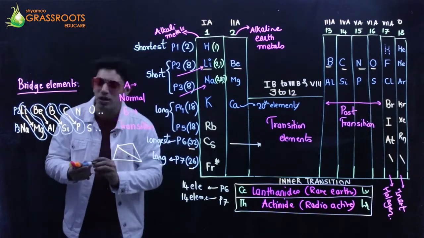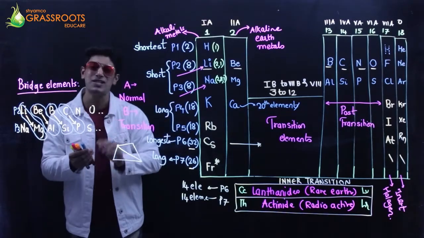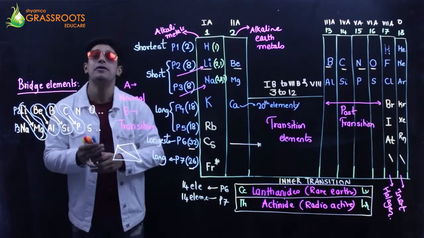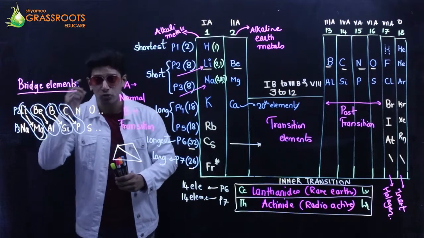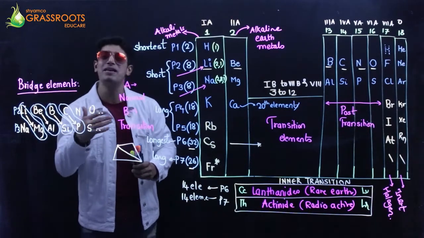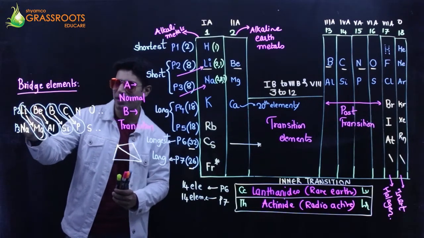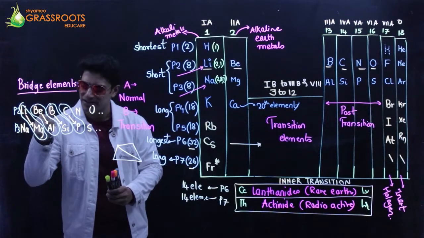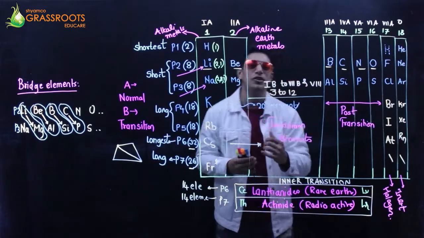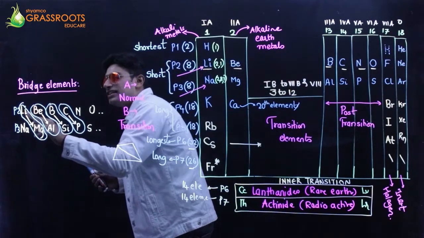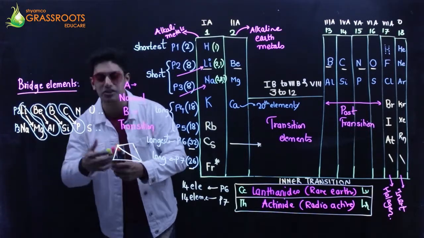Now, we very well know that if you go down the subgroup, the chemical properties are similar. That is for sure. It goes without saying. But there are few elements in period 2 and period 3 which show even a similarity in the chemical nature. Hey, lithium, it is like magnesium. Hey, this beryllium is something like aluminium. The properties are very much similar of magnesium with lithium, aluminium with beryllium. All right. So even there is a diagonal relationship.